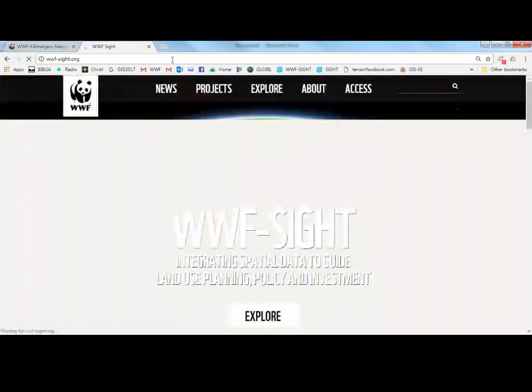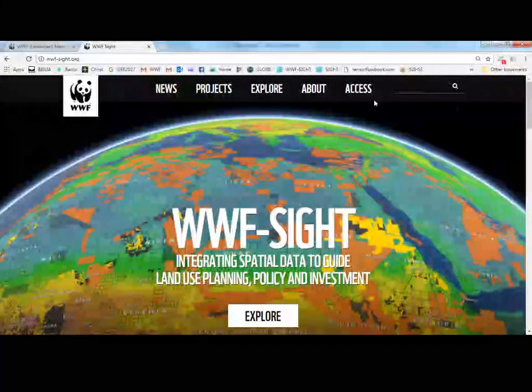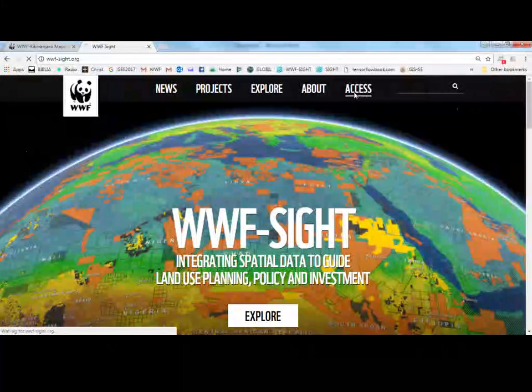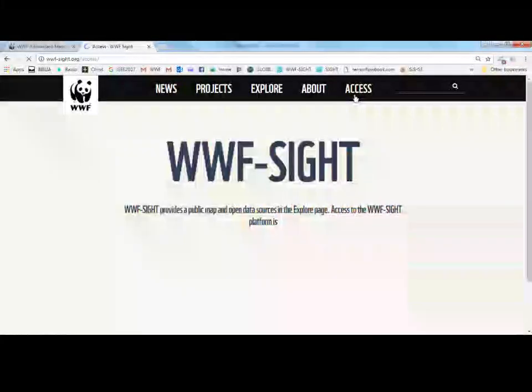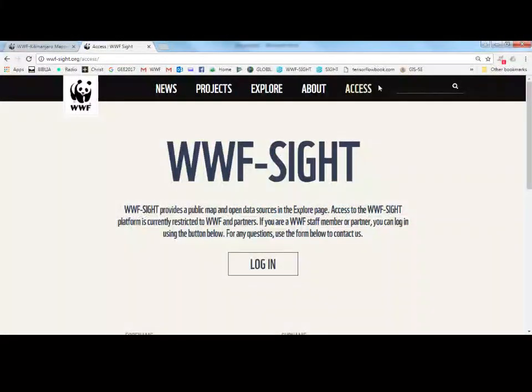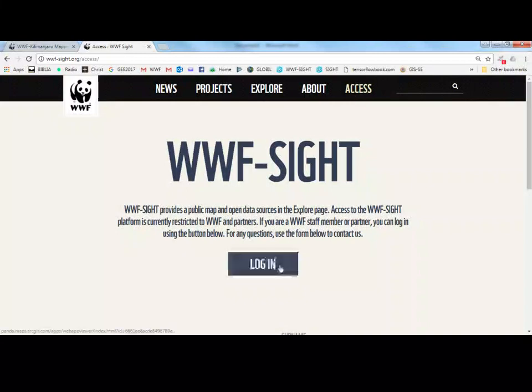On this WWF site, you can plot your data and try to overlay it with several other data which we have, qualitative data, then go to access, and then after going to access, you're going to login. Automatically, because I've already logged in, it takes me in. But for others, the first time it's going to ask for a password, and if you request, it can give you the password.